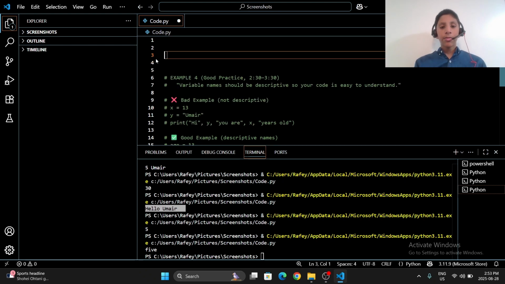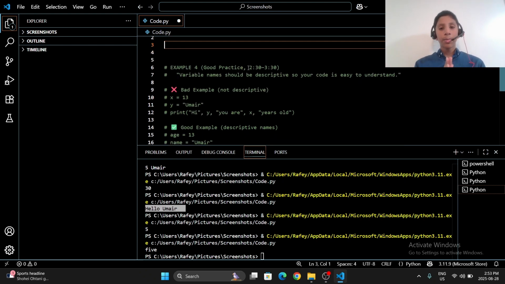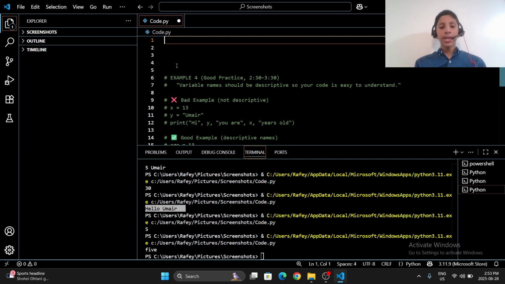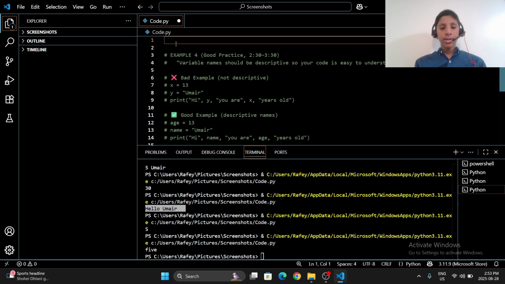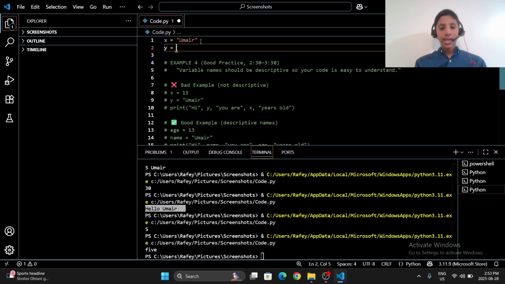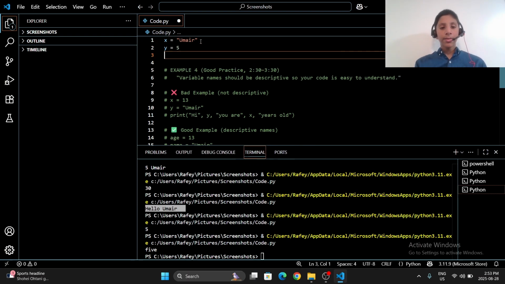Now let's explore our fourth example here, which is good practice. Variable names should be descriptive, so your code is easy to understand. For example, if someone's reading your code and you wrote x is equal to Omer, and then y is equal to 5,